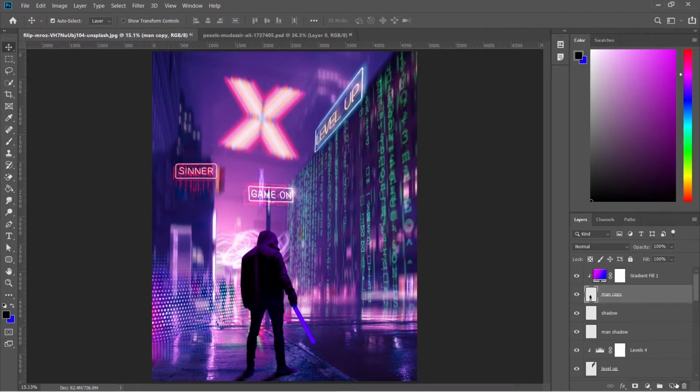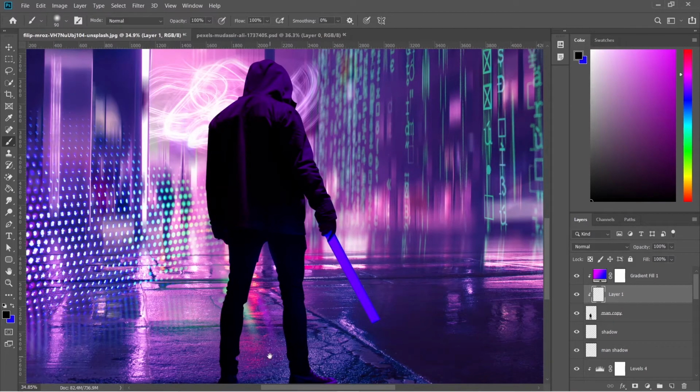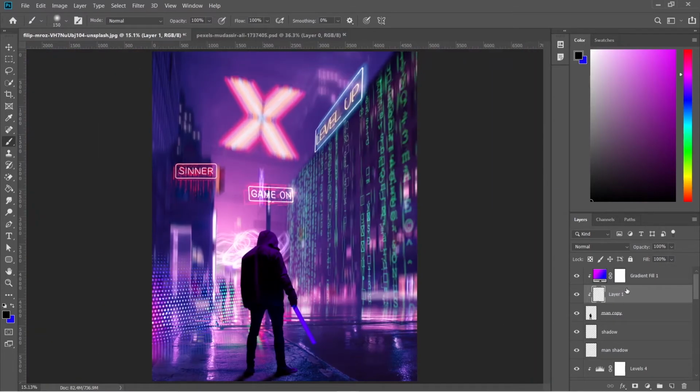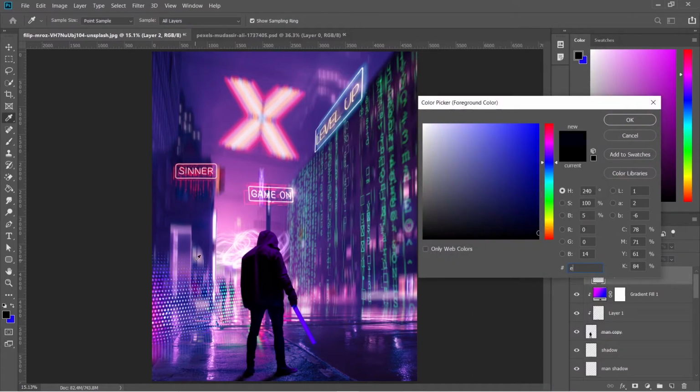Add a new layer between man and the gradient one. Foreground color to black and brush near the end of the feet. Now add a new layer above gradient and clip it. Change the foreground color to E700FF.